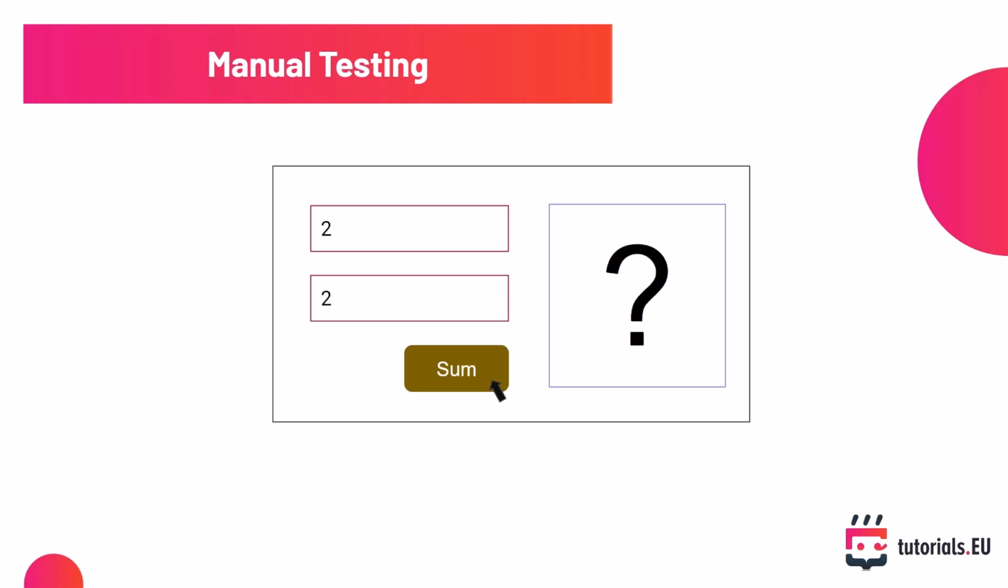What should you see as the sum of 2 and 2? Well, it's obvious, 4 for sure. That you know what you should see as the result, you can write some code to test it instead of